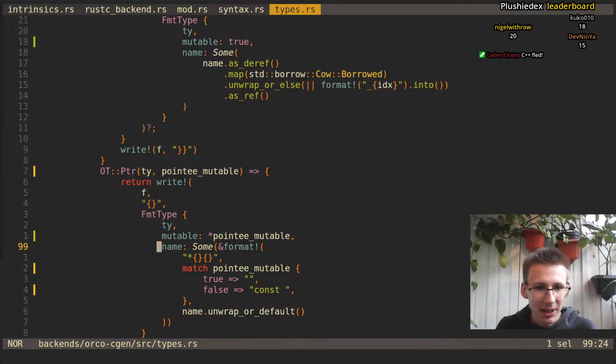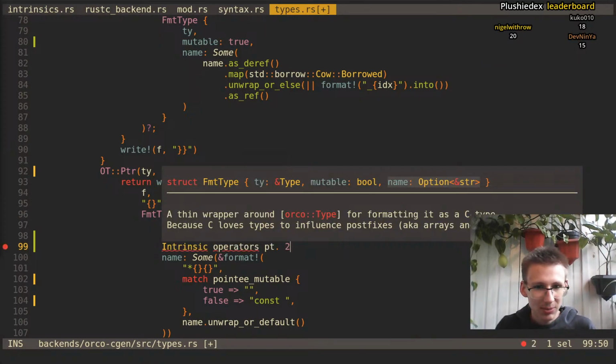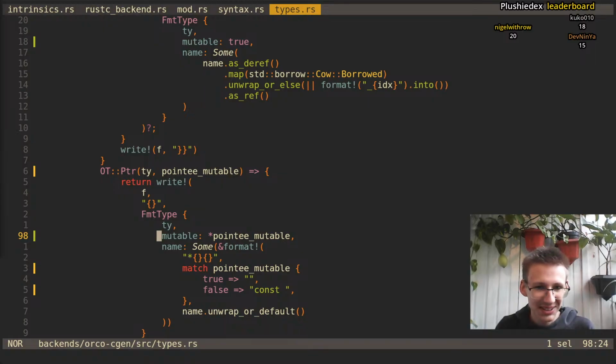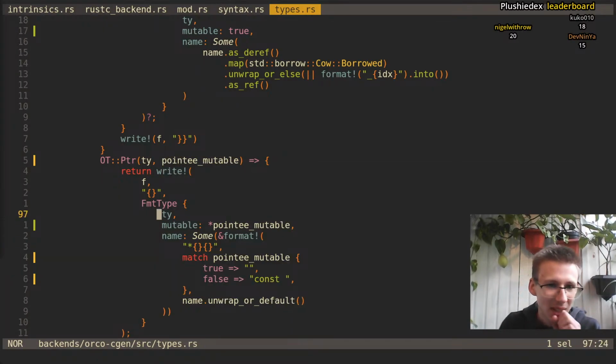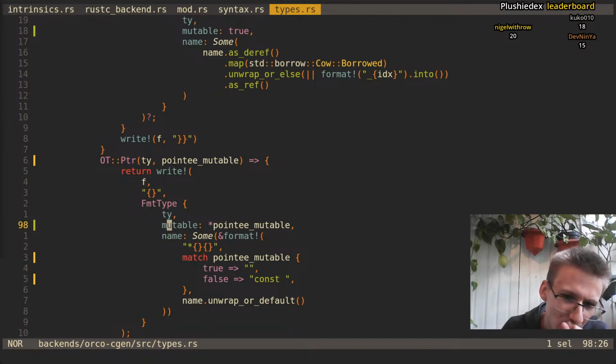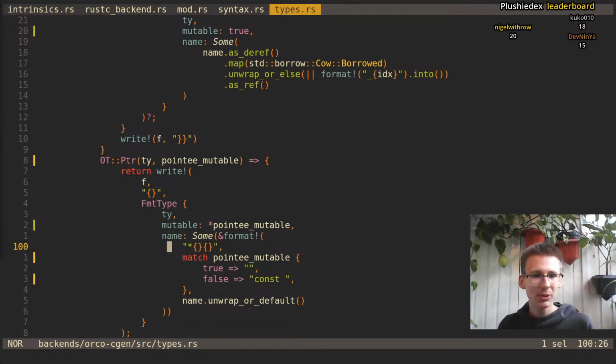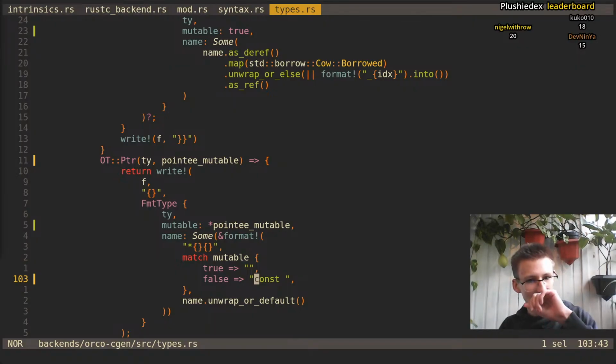Pointer type mutable name. Should probably add like rarity to those things. Oh, that was the title, yeah. So this mutable is pointy mutable, and then here we'll have this kind of mutable, which is just mutable. If it is mutable, we'll have pointer const and the name. If name is something, if name is, oh my god, that's